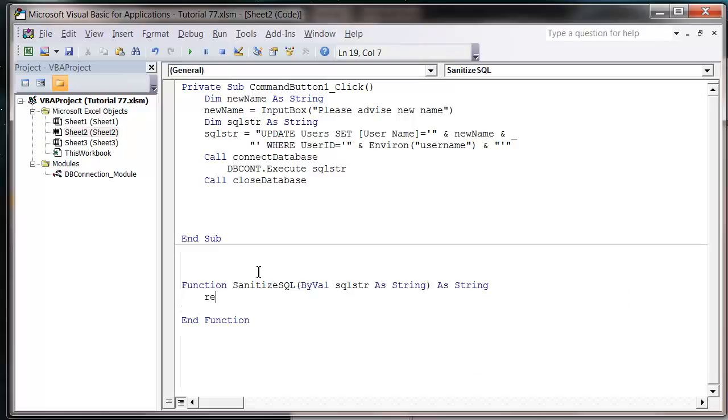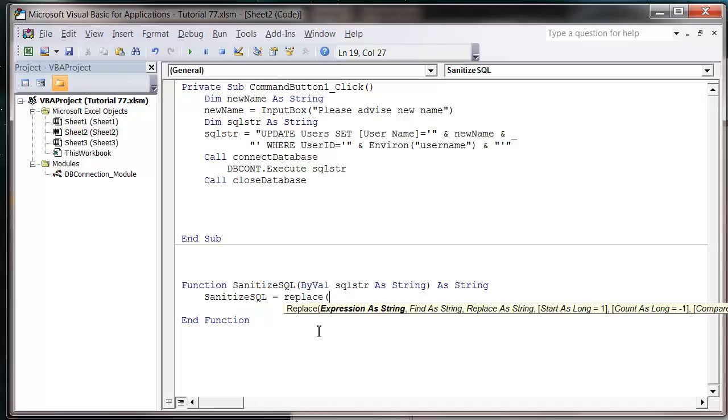Then all we're going to do is just replace. We're going to make sanitize SQL equal to replace SQL string,